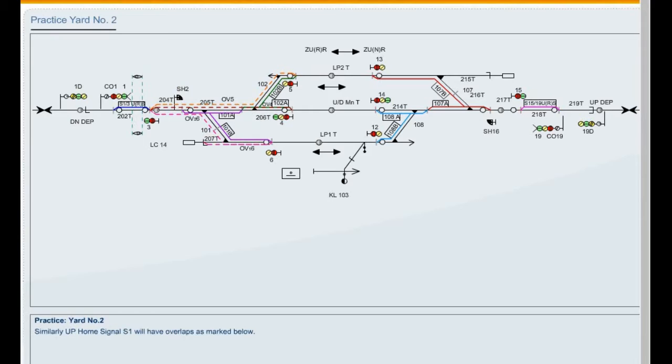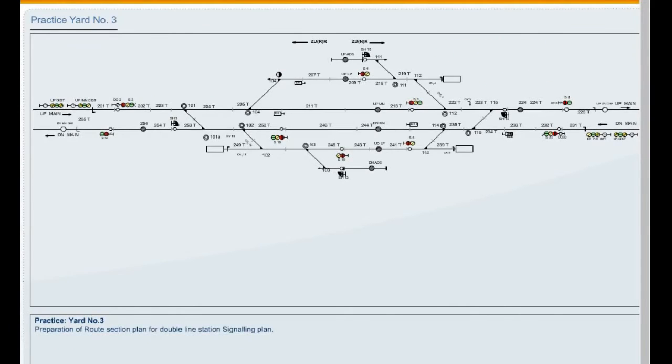Similarly, up home signal S1 will have overlaps as marked below. For S1 to main line, only one overlap from